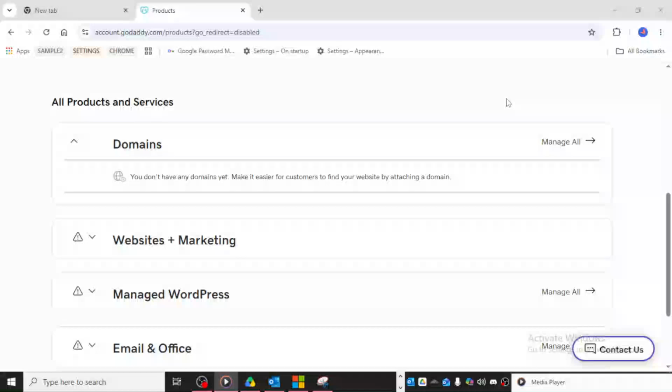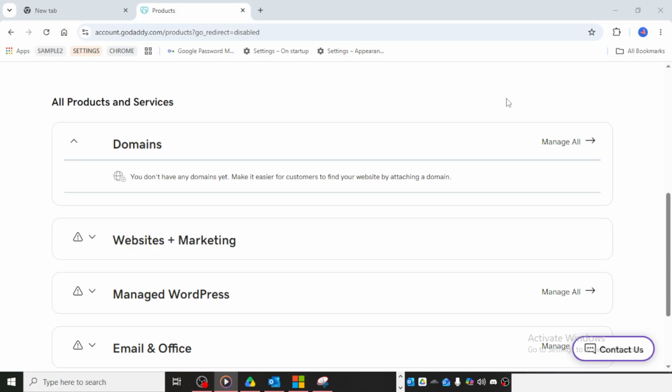In today's video, I'm going to teach you how to delete a website in GoDaddy. If you want to remove your website so you can use the domain somewhere else, this process is fairly simple, and I'll walk you through it clearly from start to finish. Before you begin, make sure you're signed in to the correct GoDaddy account, since the website and domain need to be managed from the same place.